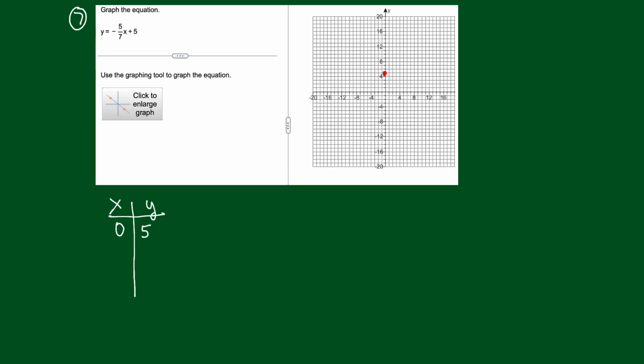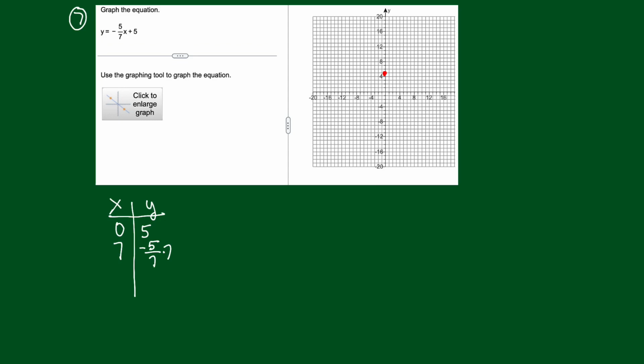Now, I've got these fractions, but here's what I notice. I don't want to just pick any number for x. I would like to choose a value x that's going to cancel with that 7. So what if I made it 7, 14, 21, any multiple of 7? So if I just choose 7, then here's what I'm going to get. I'm going to get y is equal to what? Negative 5/7